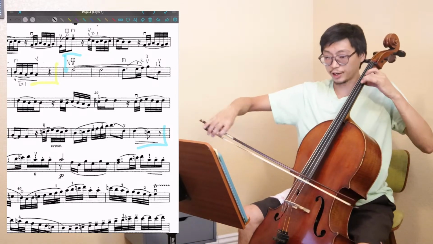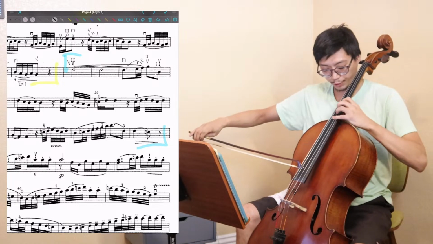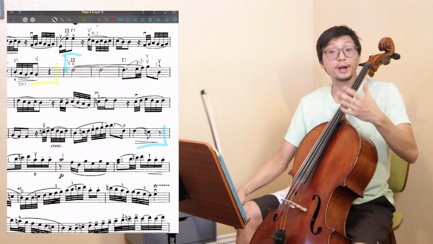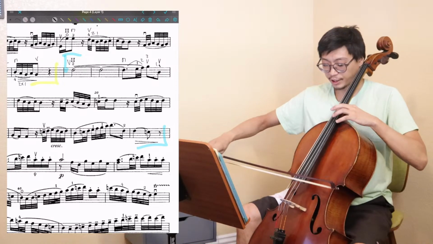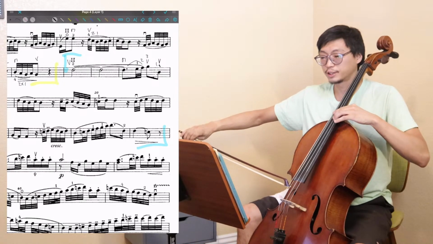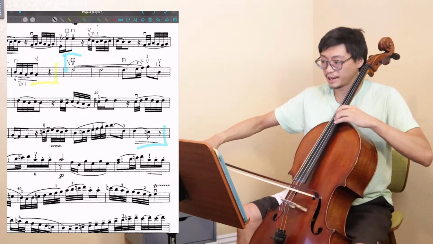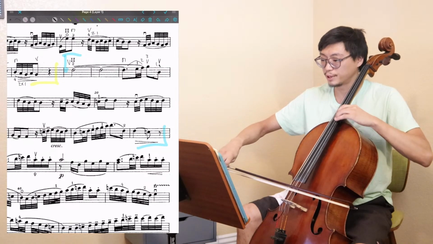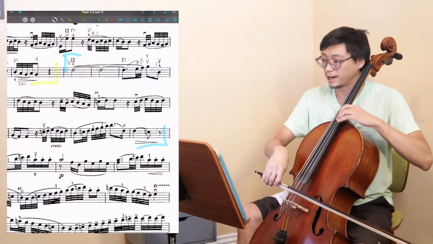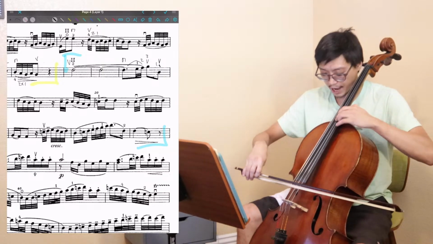So instead of starting on this C, we're going to start on this C. It's going to be a little bit more opaque, a little bit darker sounding. So that's why we play it there. So same thing, 1 and 2 and 1 and 2 and change it and